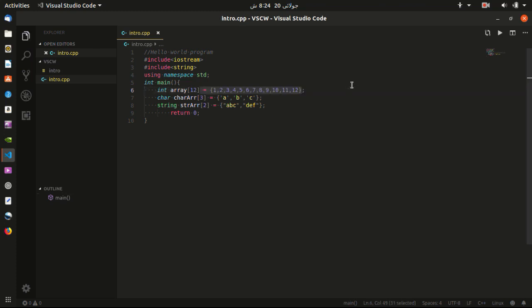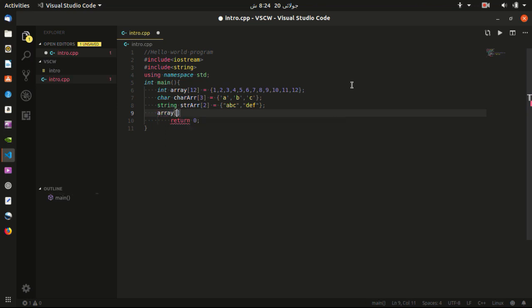Now, initialization, and if I want to assign an individual member of the array another value, I'll have it with the